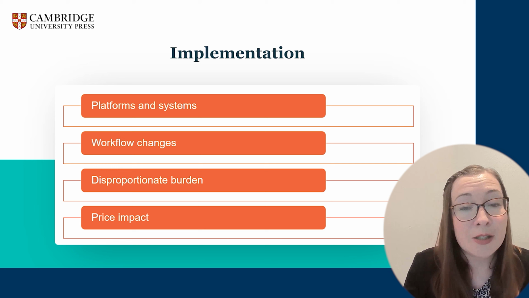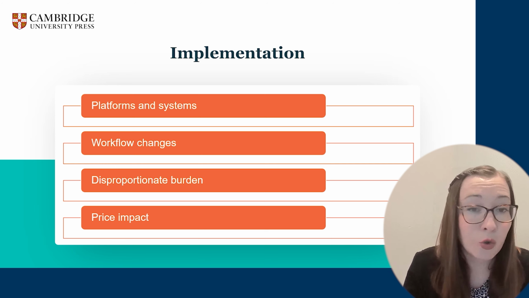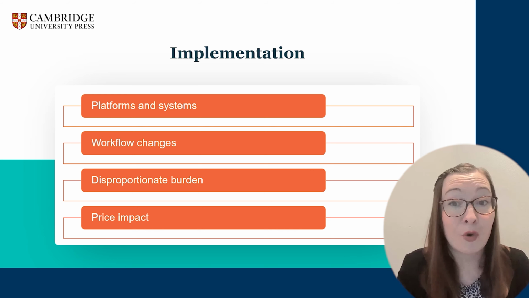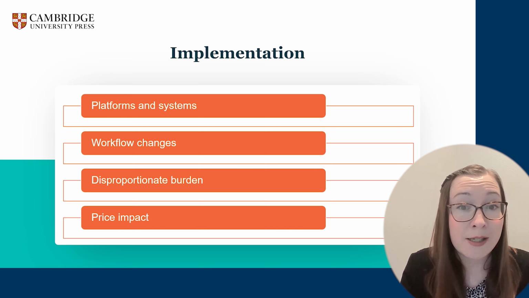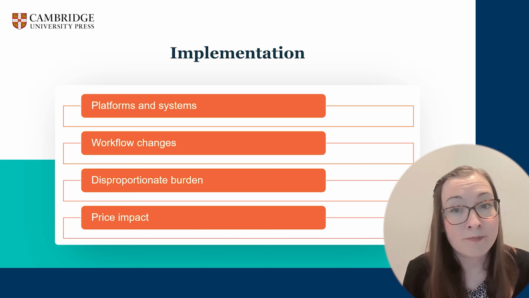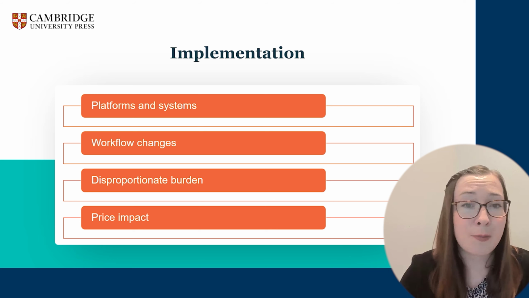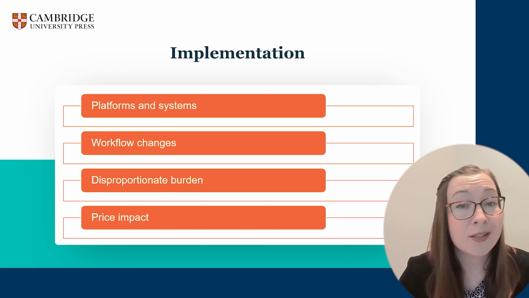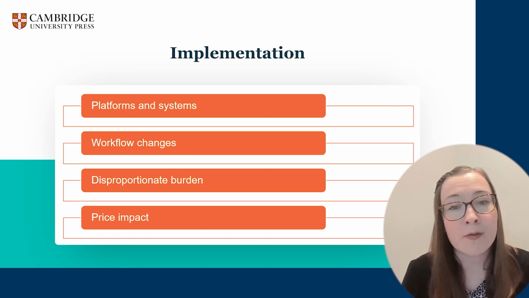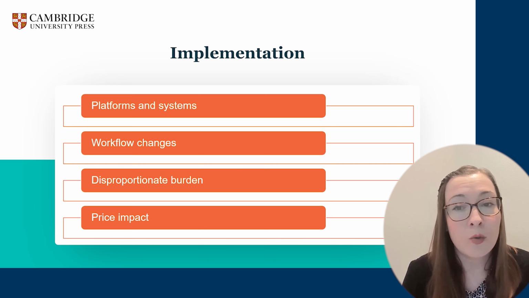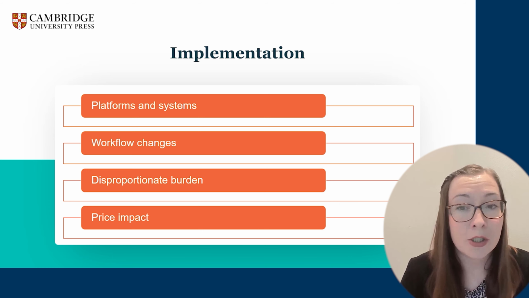So firstly, you need to think about your own platforms that host your content. So for Cambridge, this is our Cambridge Core site and also our HE platform. These will likely need some development to enable both alt text and long description. You'll also need to decide how to link out to your long description. So alt text will be read automatically by a screen reader, but long description is not. You need a way to indicate that there's long description, whether that's a line of text under the image or an icon which links out to it. So you'll need to decide how you want to do that.